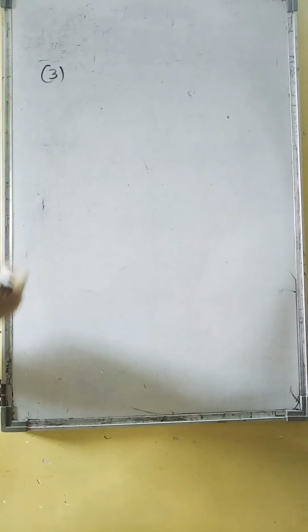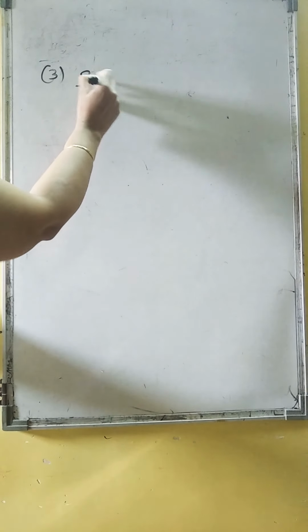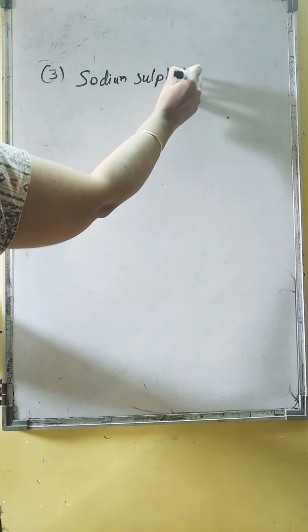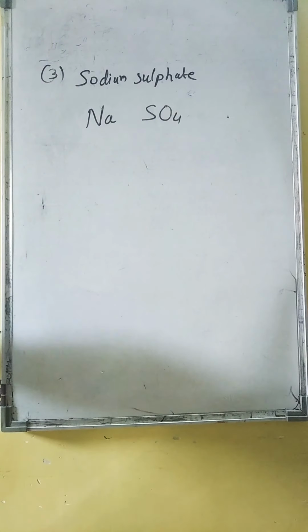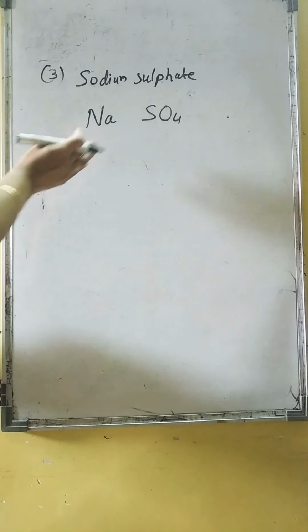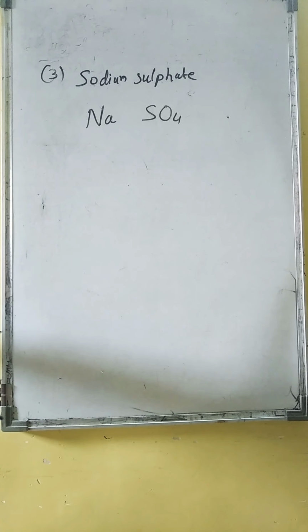Question number 3. Write the steps in deducing the chemical formula of the following compounds. Now children, here you don't have to write down the steps in words, but you have to show it symbolically. For example, first is sodium sulfate. Sodium is Na, sulfate SO4. Basic radical we write on the left hand side, and right hand side the acidic radical.